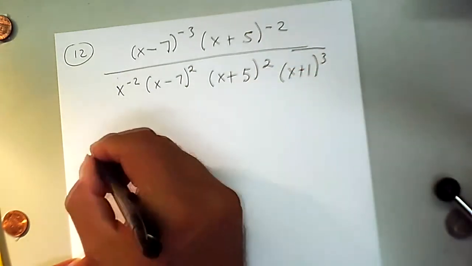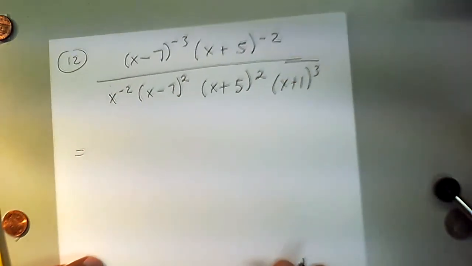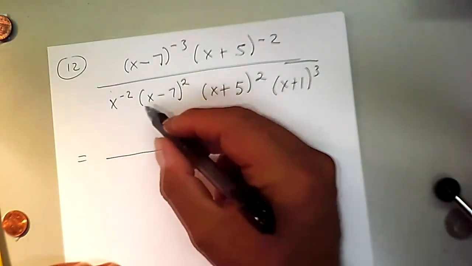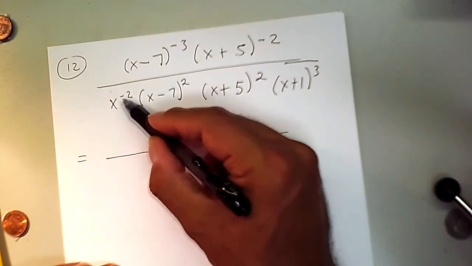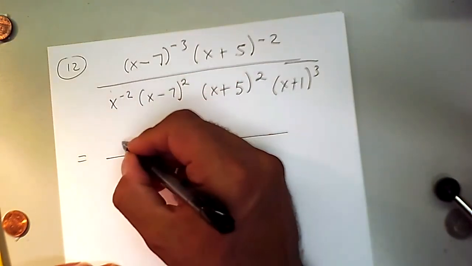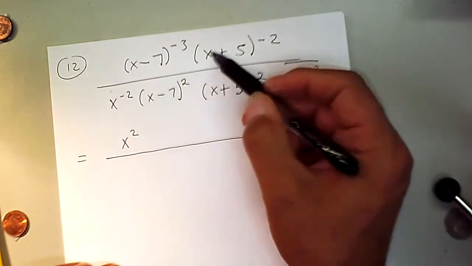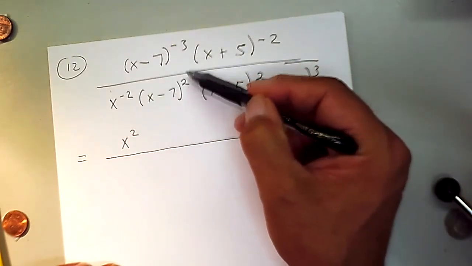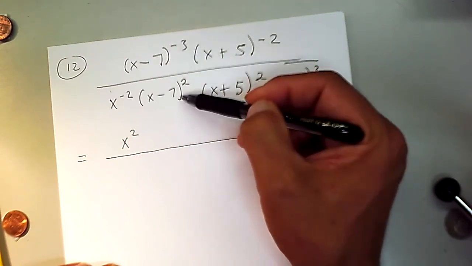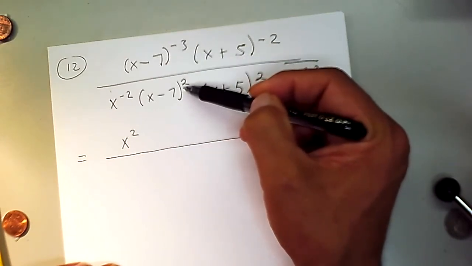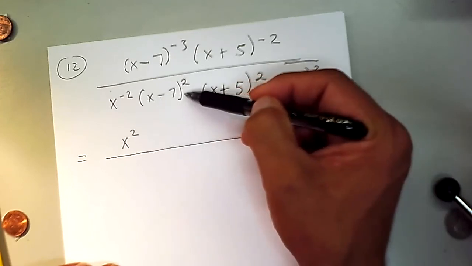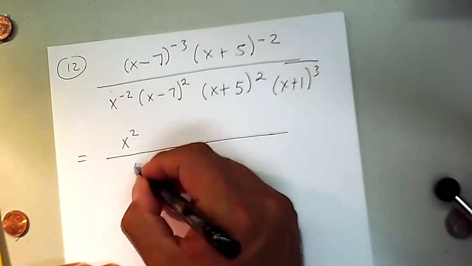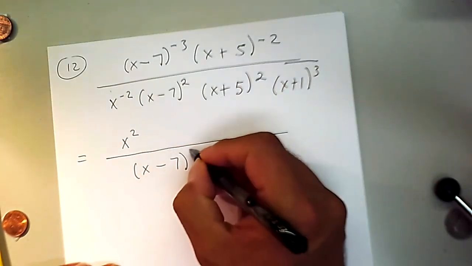So let's say we have this to simplify. Let's see, I think this can be done in one shot. So x squared, this has a negative exponent. This goes to the numerator. Now we got two of the same. This one is positive, stays in the bottom. This one has a negative exponent, goes down, adding or multiplying with the two we already have in the denominator. So we have 3 and 2 make 5. So x minus 7 exponent of 5.